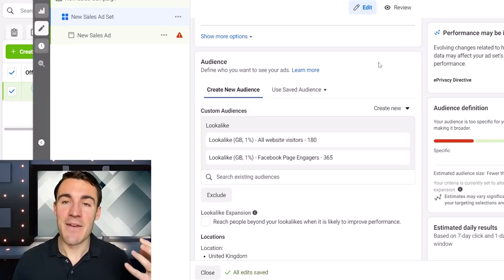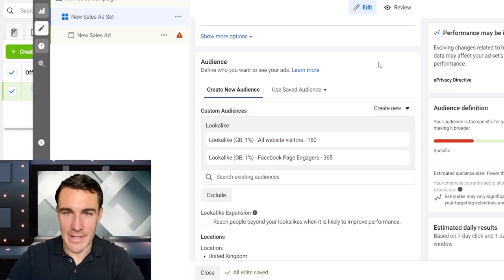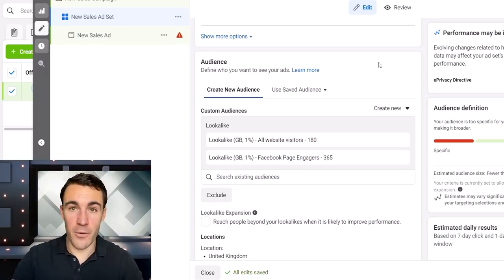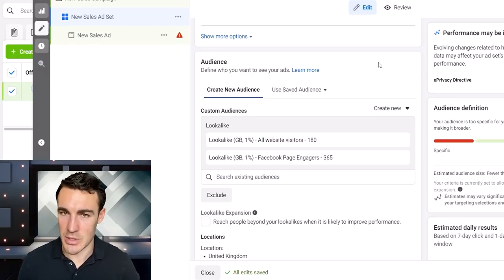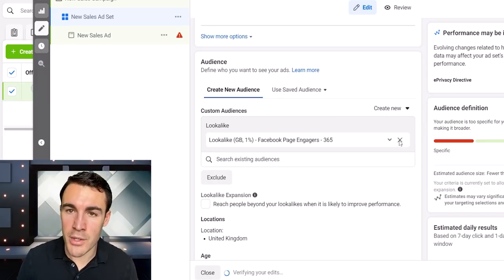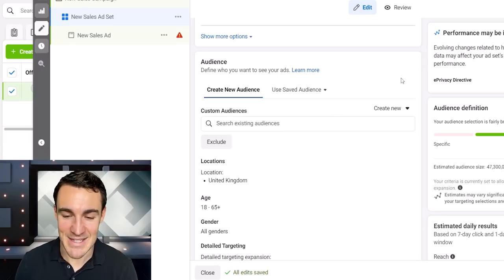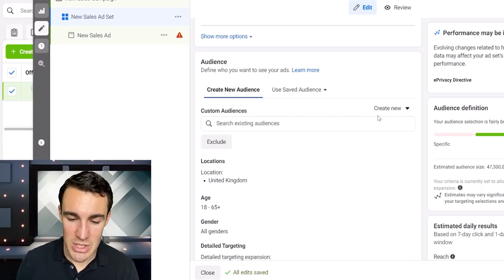So absolutely test this. If you want more information, by the way, about lookalike audiences, how to create them, because I just gave you a very quick demo there, check out the link in the video description below to a full ultimate lookalike audience tutorial, go through all the different types, how they work, all that sort of stuff, okay? But I just wanted to quickly, briefly cover that here. So that's one potential solution to this detailed targeting options being eradicated in many instances by Meta, I suppose it should be called. Okay, let's get on to the second option.